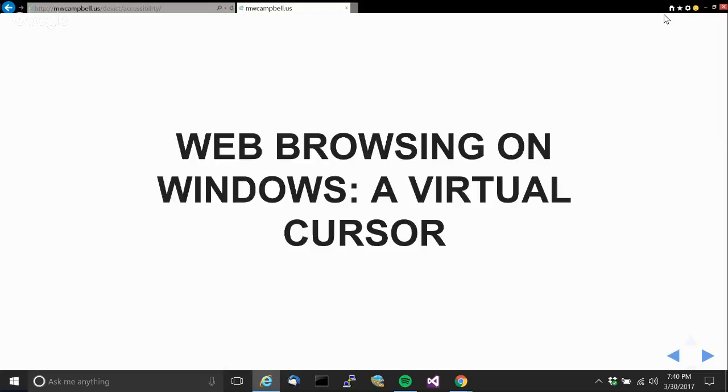I believe that Orca on Linux does basically the same thing, and that VoiceOver on the Mac has a mode where you can browse the page that way. But on mobile devices like iPhone and Android, they don't really treat a web page any differently than a native interface. So it's just swiping through the screen there like you would anywhere else.